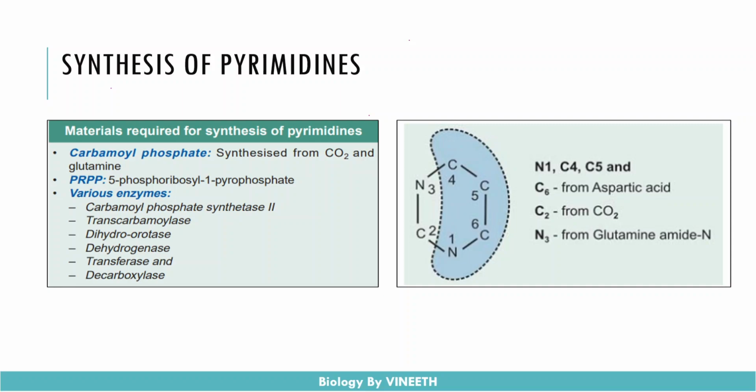From carbon dioxide and glutamine, the entire pyrimidine ring is synthesized atom by atom from different sources, and the same goes for the purines also. The entire purine ring is synthesized upon the PRPP atom by atom from different amino acid sources, and also carbon dioxide sources. This kind of synthesis of the purines or pyrimidines atom by atom from the scrap materials is known as a de novo pathway, while the salvage pathway involves already existing nitrogenous bases or NMPs or IMPs and making them